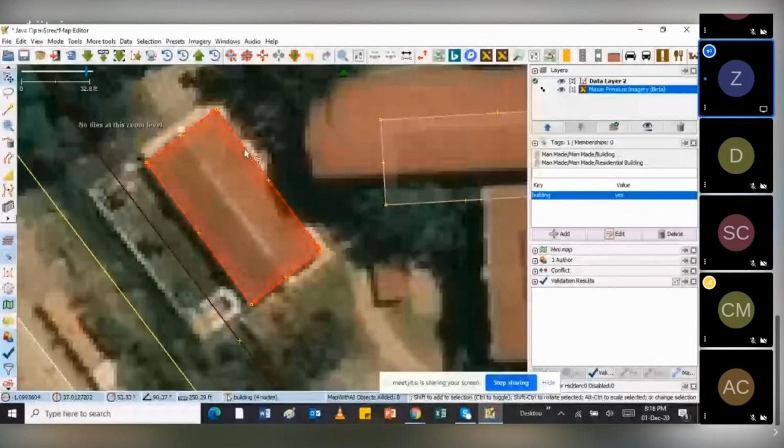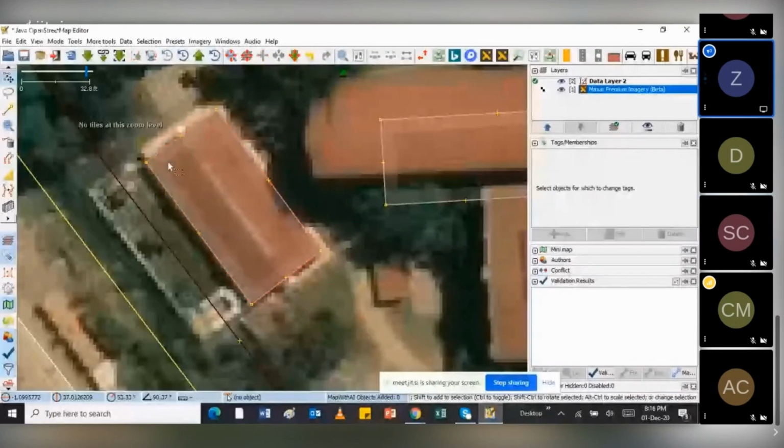So you see there's a shading that appears just next to the line, meaning that the building has been tagged. So that's how you know a building has been tagged. And if it's just in gray, then that means that building has not been tagged. So once I've added that building, I'll just click upload.